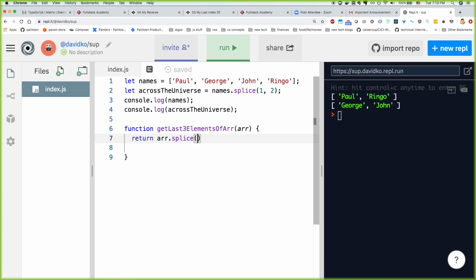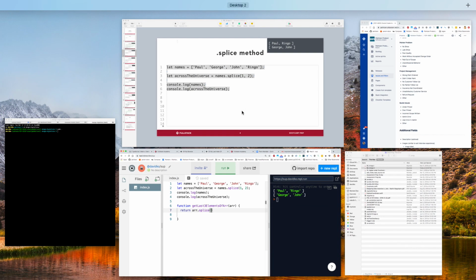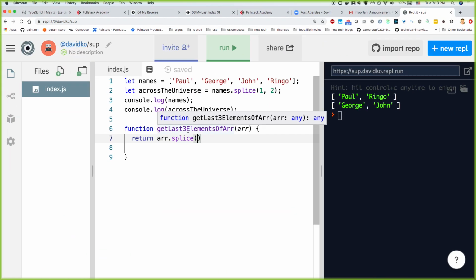Let's say if you wanted the last three, well, I guess I wouldn't really know where to start based on how it works. So let's just say it just gets a subset of array, and then yeah, 1 and 3, but